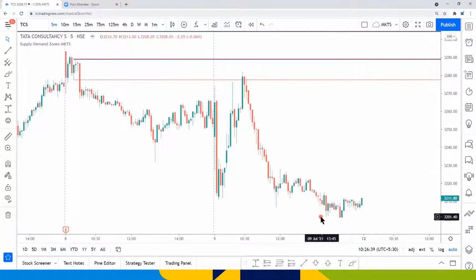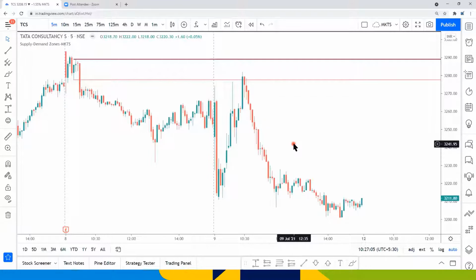But then how would you know on which chart there are good zones being formed? Here I'm watching TCS, that's why I know there was a zone. But there are so many charts that you trade. Probably you may be trading the entire FNO list or the Nifty 50 list. It's not physically possible to monitor all those stocks. That's where the alert services come in handy.